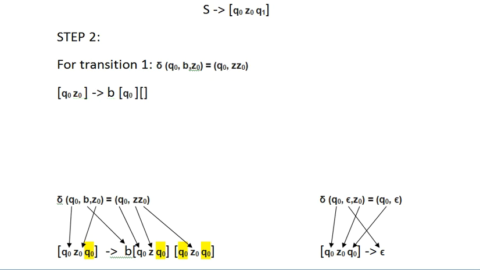Okay, so next one, in this particular position, first it will come for Z. Okay, it will come for Z, and I will leave a space, and here I will leave a space, and next will be for Z naught. Middle part will be for Z naught. Clear? So this one I will over here.